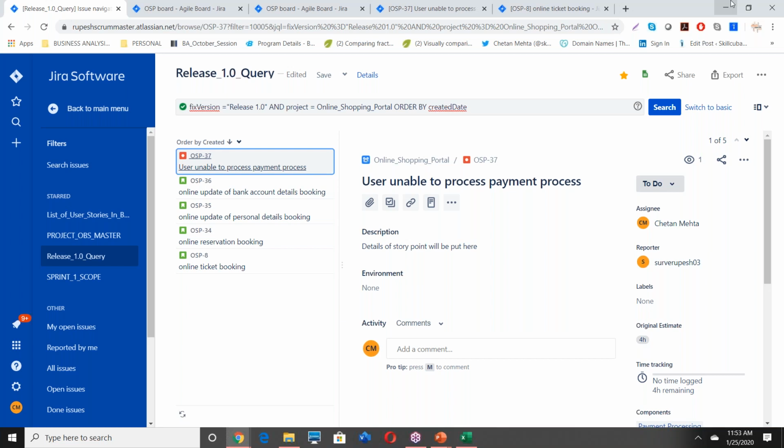So all these queries which you are typing here, is there any document in which all these queries are mentioned and how to read and write JQL, Jira query language? No, they are not documented.